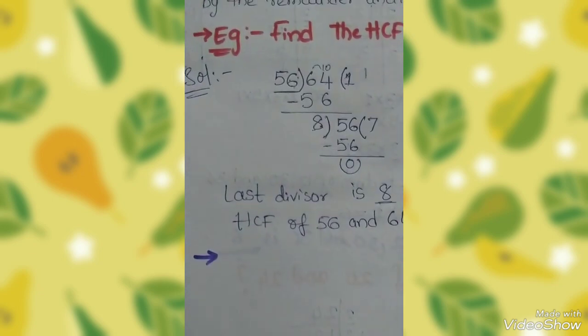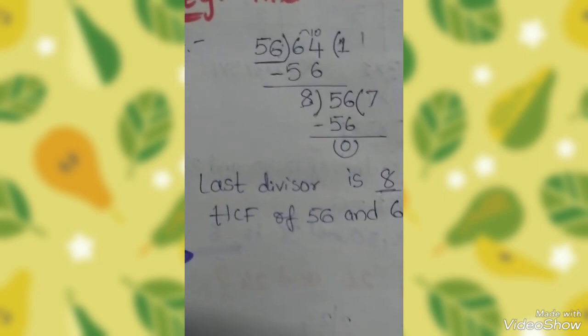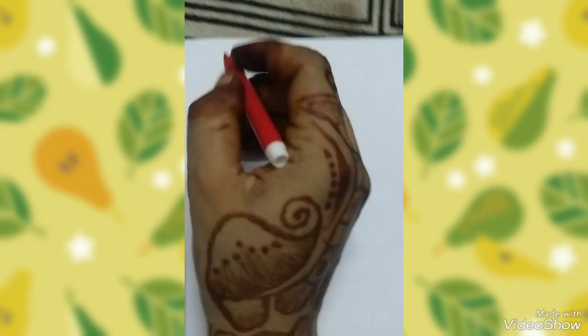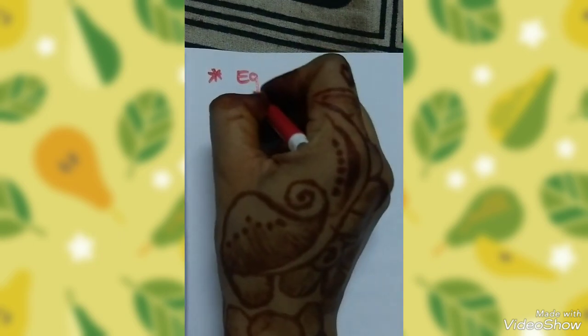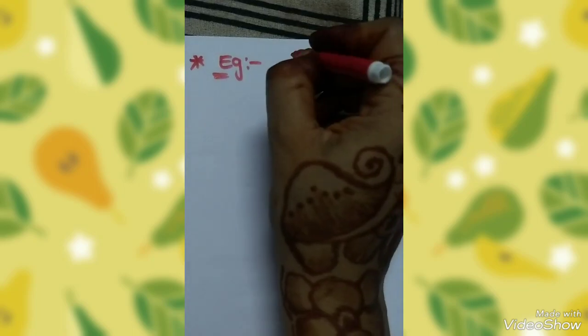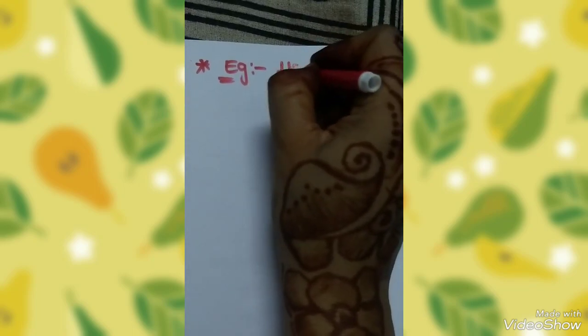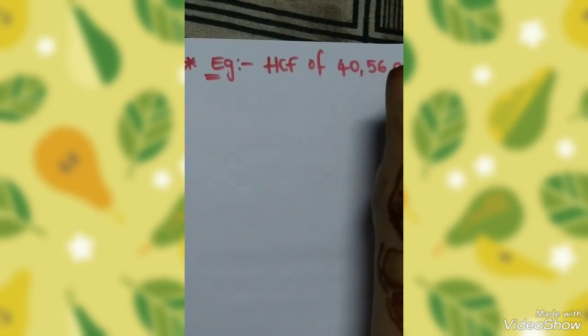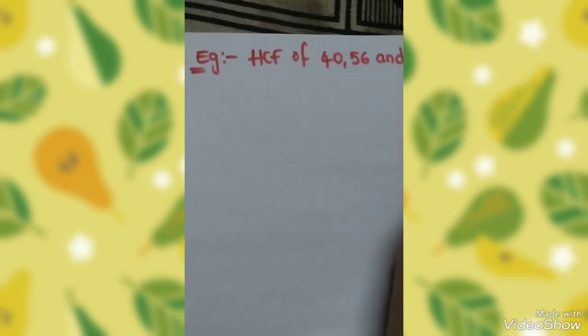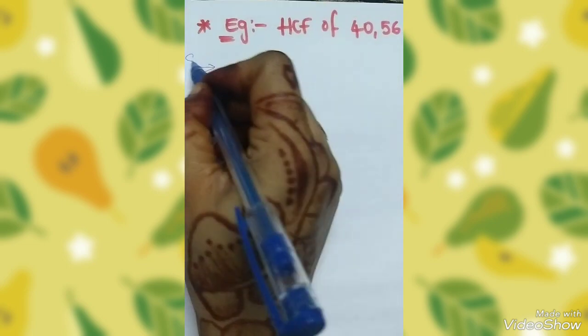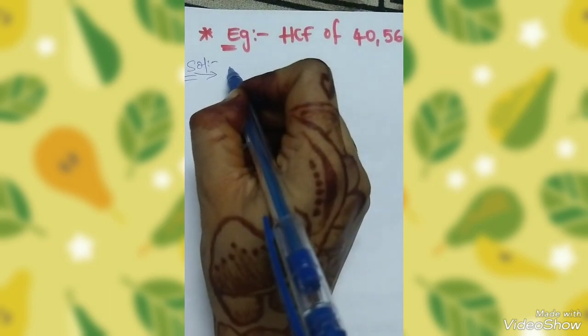See here. As an example, I will show the process of finding the HCF of 3 numbers, or more than 3 numbers. HCF of 40, 56 and 60. Here there are 3 numbers. How will you divide, children? This is the confusion. So let us take any two numbers first. Solution. First step.